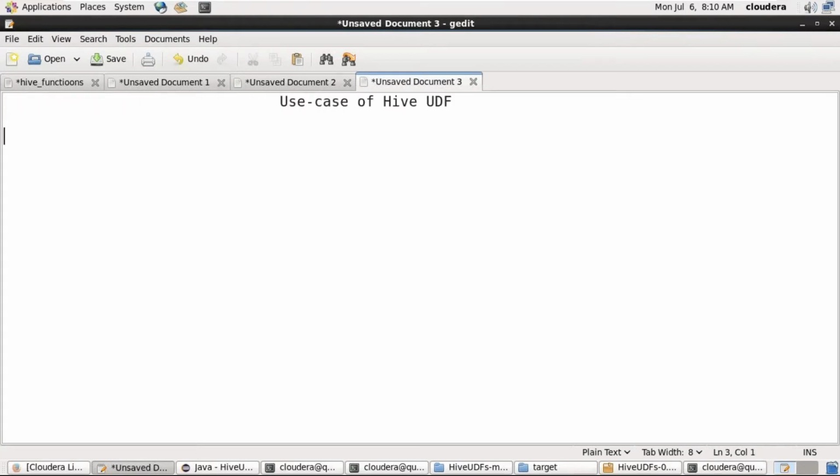So this comes to the second part, which is the use case of Hive UDF. What could be the real-time use cases? There are actually endless use cases. If you talk about reality, these 50 or 100 functions, though the number looks like oh wow, in real time sometimes you'll have such critical or complex use cases that none of those built-in functions would actually help you. So there are many use cases, but for some, you maybe come up with